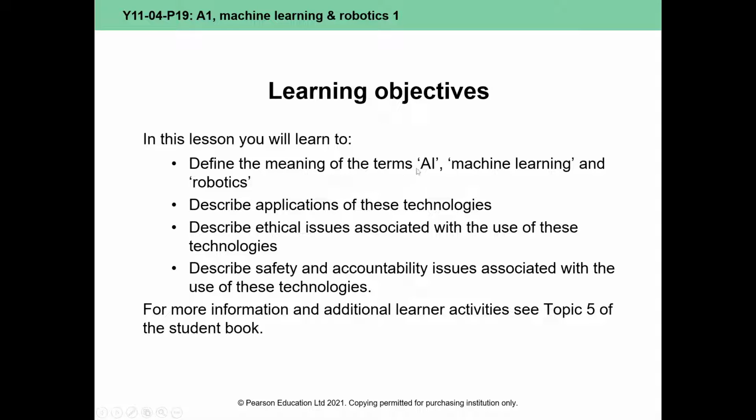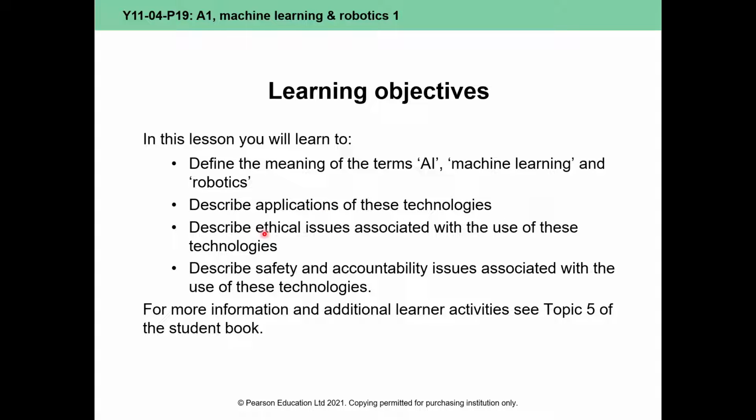So we need to make sure that you know how to define artificial intelligence, how that is different or similar to machine learning and robotics. We want to learn how that can be used. One, so that you can pass your paper one, but way more importantly, because it's going to affect us as a society hugely, and you as engineers and inventors and software developers.